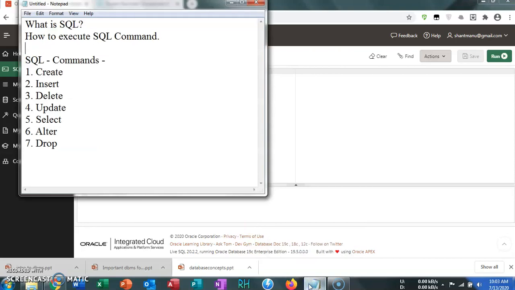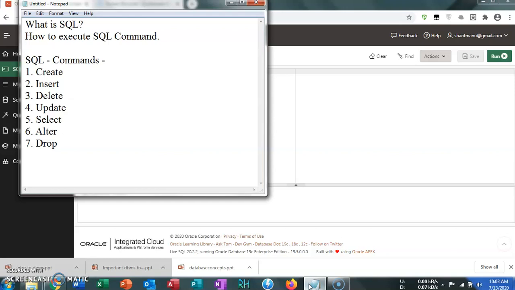So now, what is SQL? SQL stands for Structured Query Language. Structure, then query, then language. These are the three words. What is structure? Structure means it is organized in a particular manner. Then, what is query? Query means a question that arises, and within one sentence or one instruction, you can execute or solve that question. Language is the supporting language required for doing that work. So this is about the SQL.